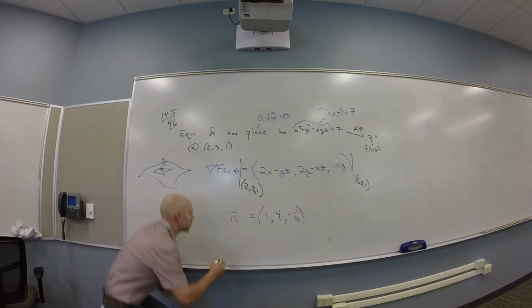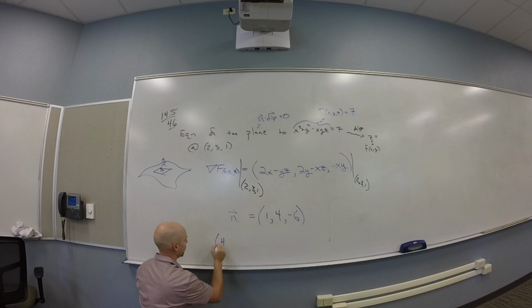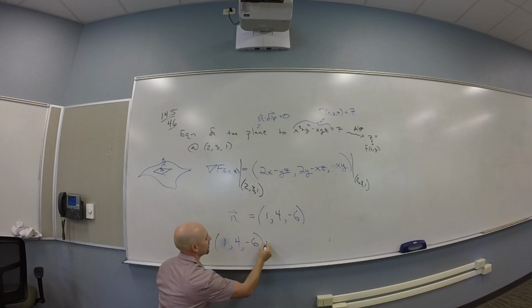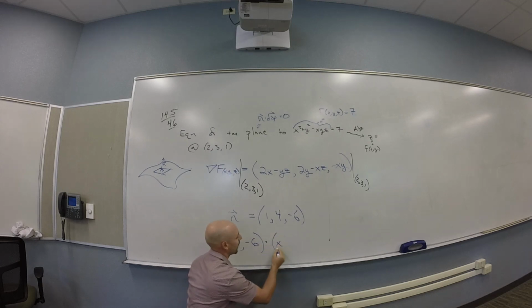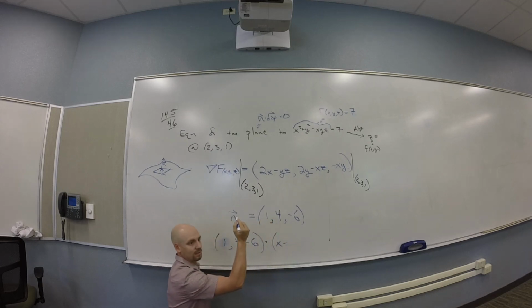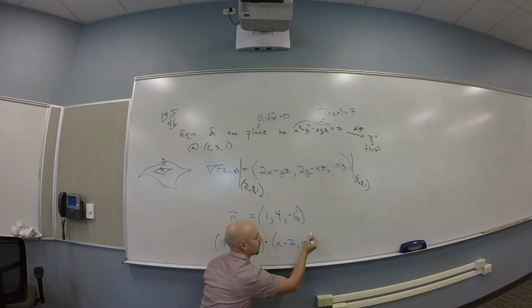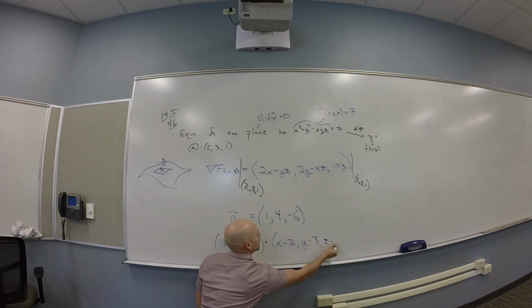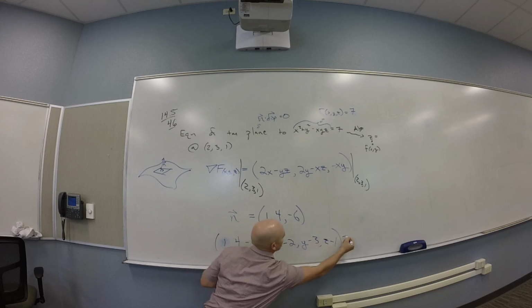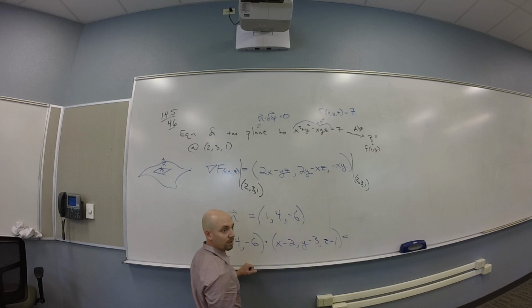Perfect. So you take your 1, 4, negative 6, right? And you need to dot that with the vector x minus 2, y minus 3, z minus 1. And set that equal to